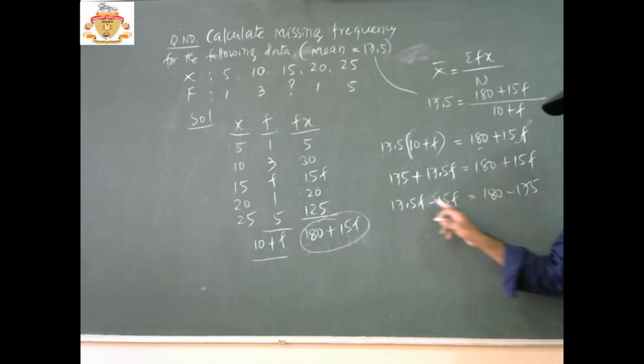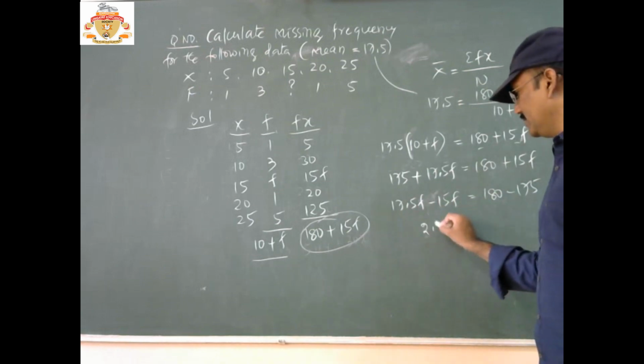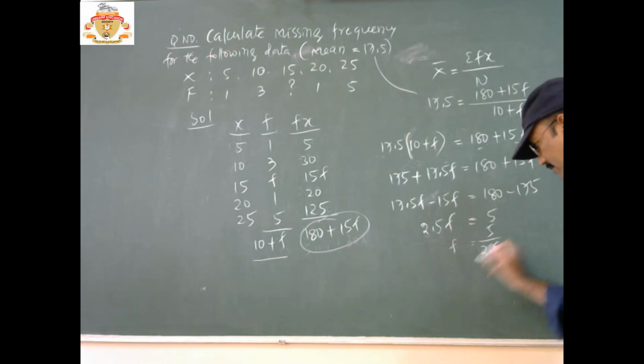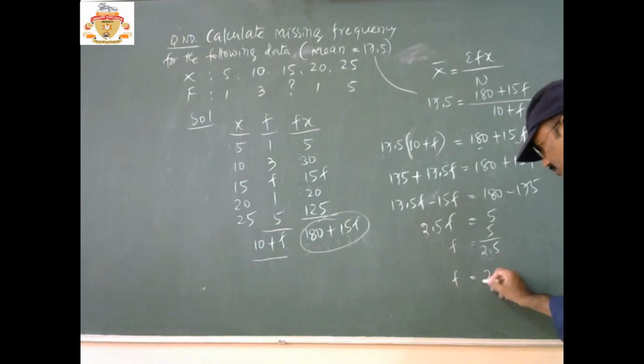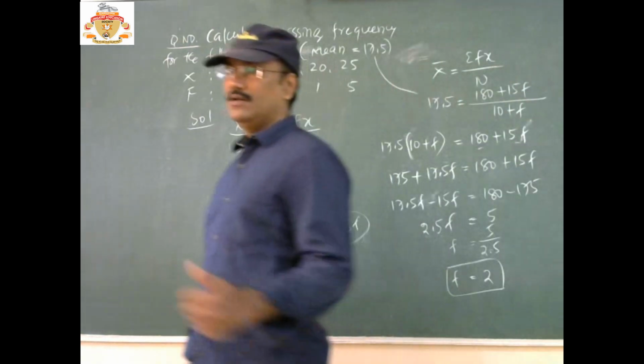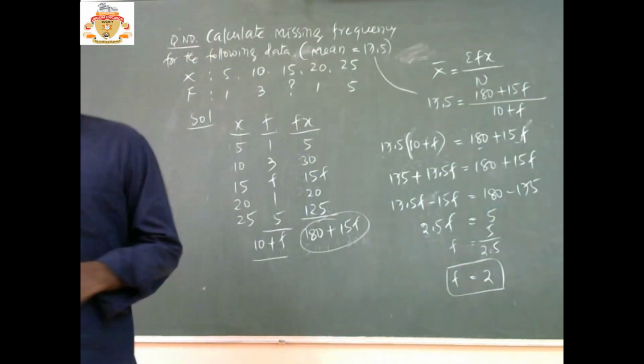So 17.5 minus 15 is 2.5. 2.5f equal to 180 minus 175, which is 5. So f equal to, the 2.5 multiplication is here, shift it to this side, 5 divided by 2.5, then f equal to 2. That is the answer for your question. So this is all about when the frequency is missing. In the previous question what I did was